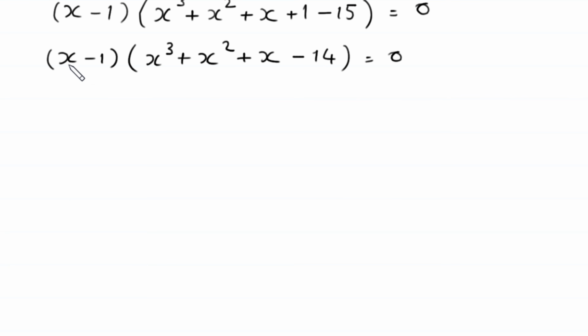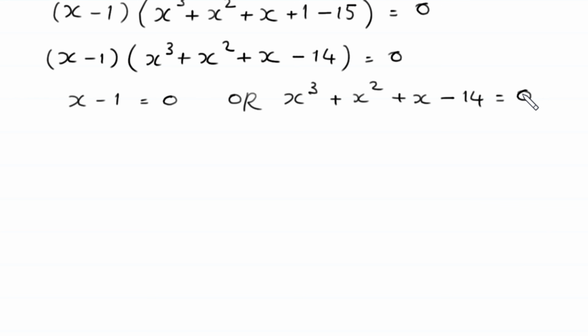Now from here, either this expression x minus 1 is equal to 0 or this expression x cubed plus x squared plus x minus 14 is equal to 0. From this equation we get the value of x is equal to 1. This is the first value of x, this is the first solution of this equation. Now we solve this cubic equation. We write this x cubed